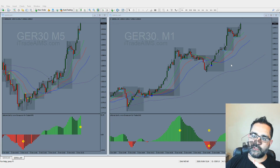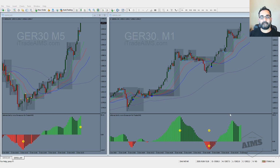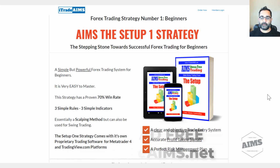So what you see on the chart right now is that sequence. So you see a wave 3 up, a wave 4 down, and a wave 5 up. Within this, we have these certain signals. So we have what we applied, the Setup 1 strategy. The Setup 1 strategy is the first strategy that you will learn when you join AIMS stress-free trading. All beginners should start at Setup 1 because that is the easiest to learn